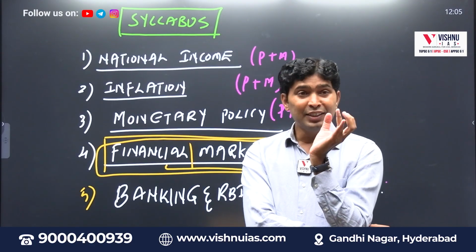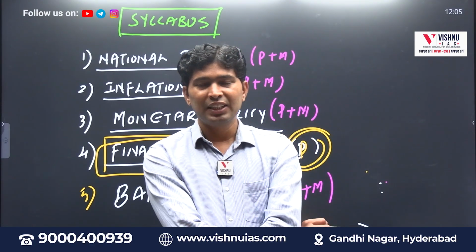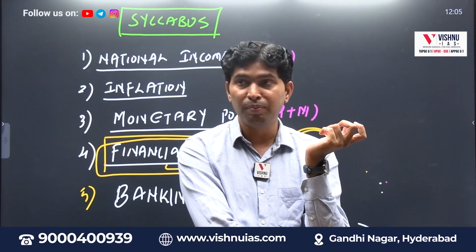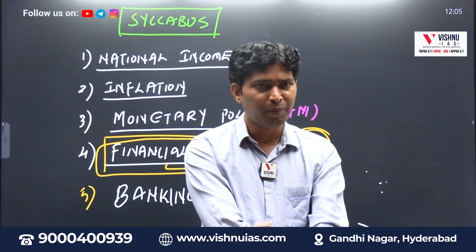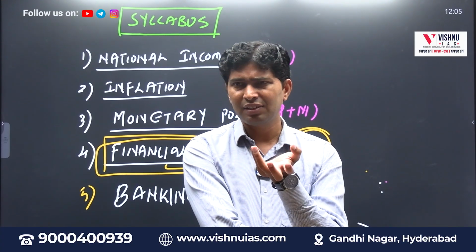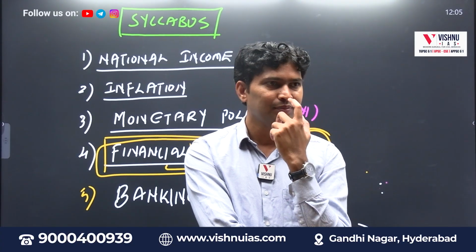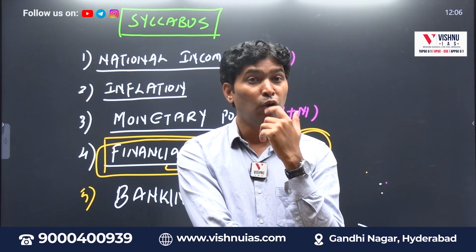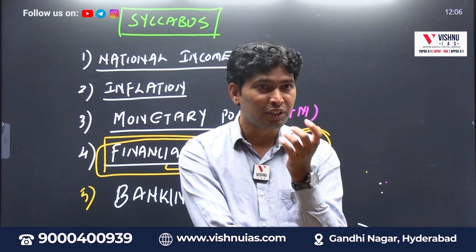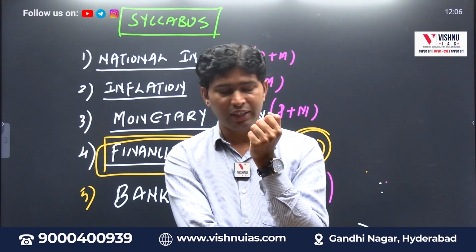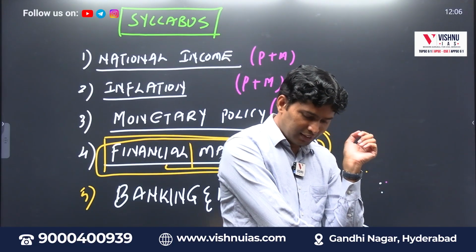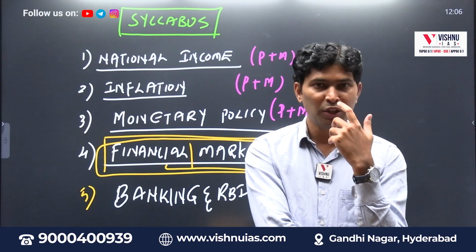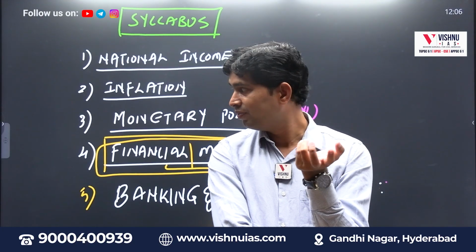Apart from the Insolvency and Bankruptcy Code, in the banking sector there are Basel norms: Basel 1, Basel 2, Basel 3. Apart from that, the NPA crisis, and how do you manage NPA assets? You keep reading words like CIBIL score, loans, loan waiver, farmer suicides. You also regularly hear the word default of loans. Actually, so many movies came on loan defaults.